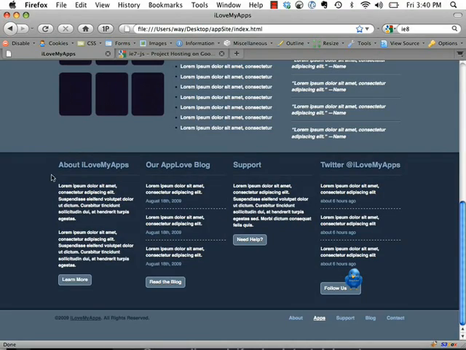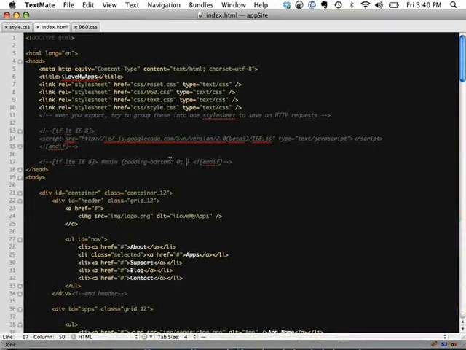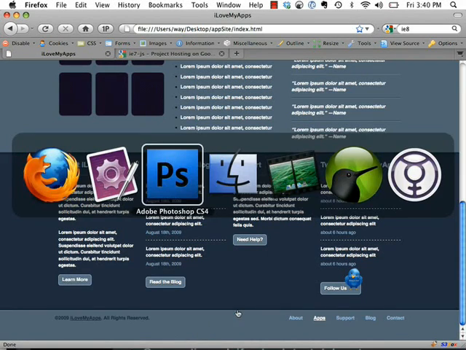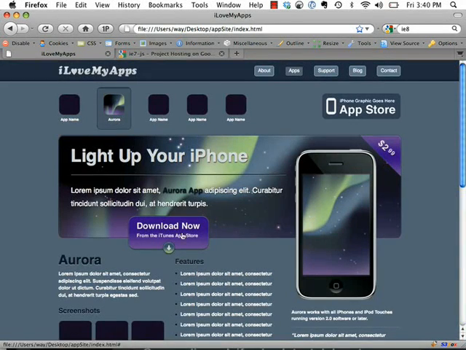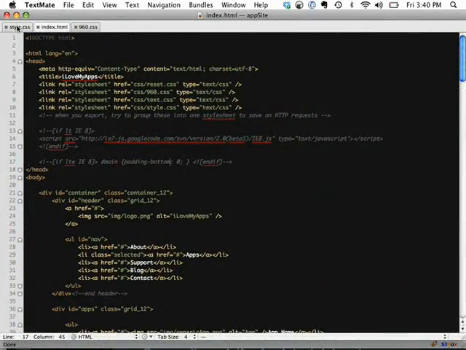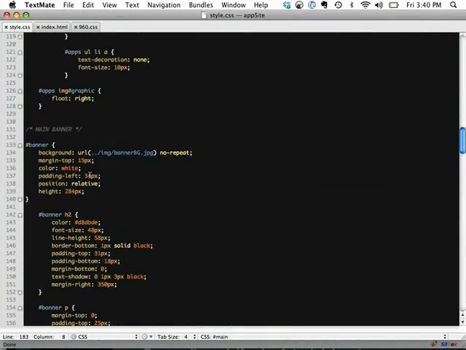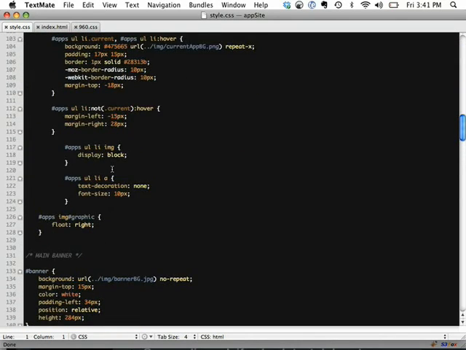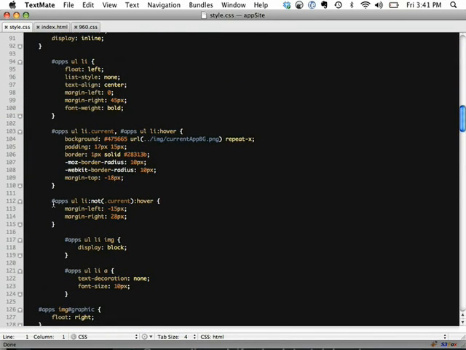The final thing we have to do with 17 minutes left is compensate for when this is hovered over. IE will not recognize that really advanced selector that we did. Let me see if I can find it. This one right here, apps not current hover. IE, even with the IE8.js file, doesn't read that. So what we're going to use is jQuery to attach that. So we can copy that,